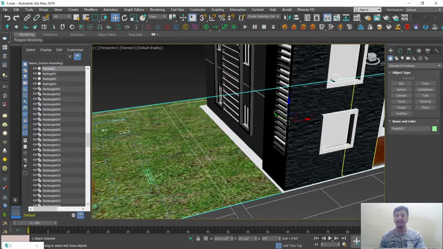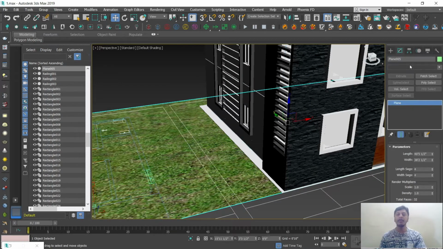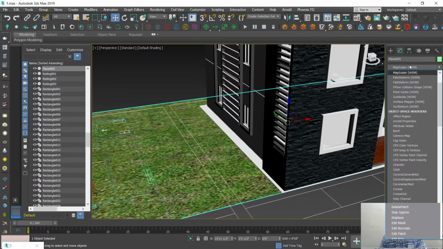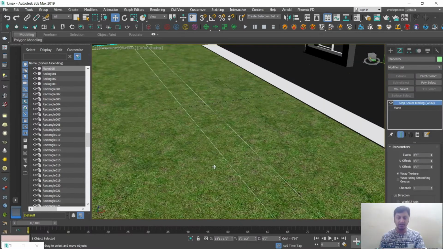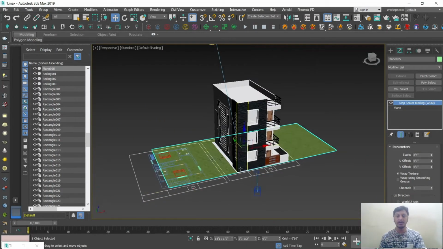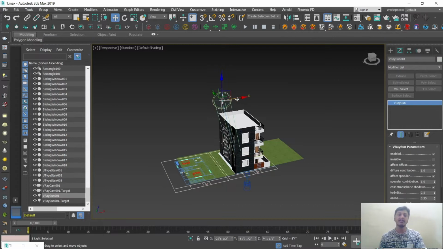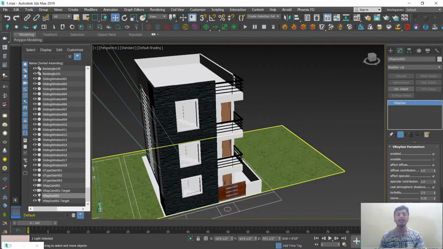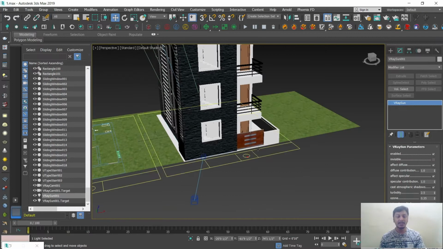Yesterday we added one beautiful modifier called map scaler for tiles, that is cladding stones. So add map scaler. You can observe now this fits properly. The sun is there, and it gives beautiful light settings. If you need more brightness, increase the brightness of the sun. Then exactly in front